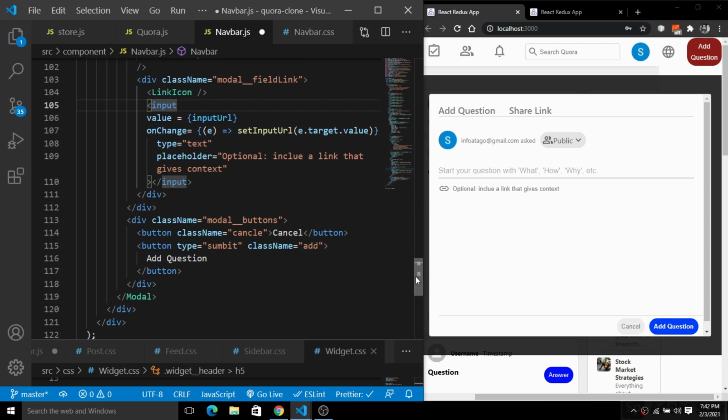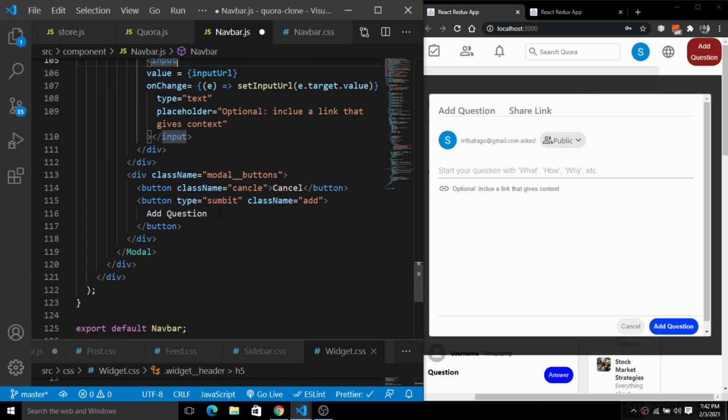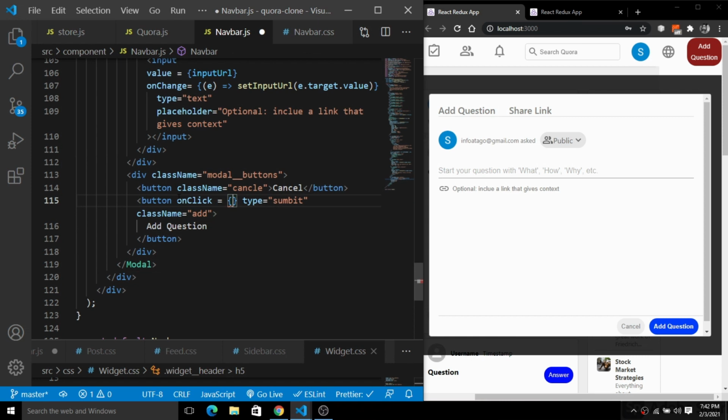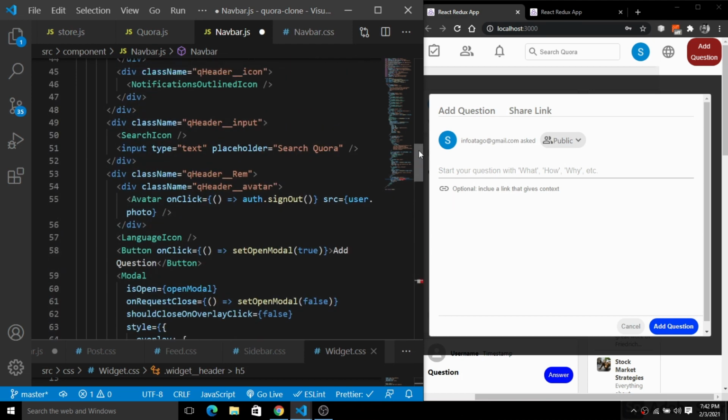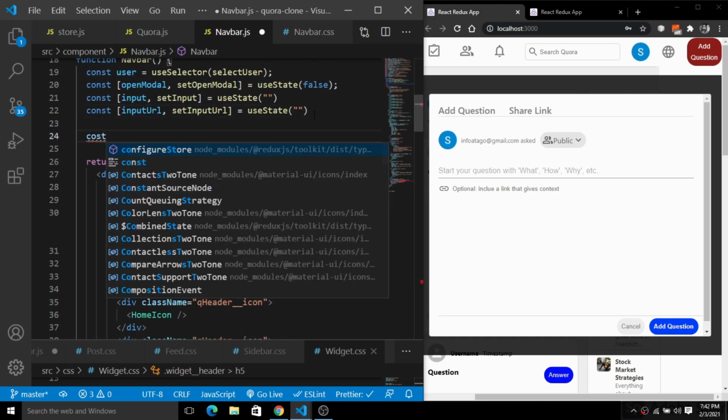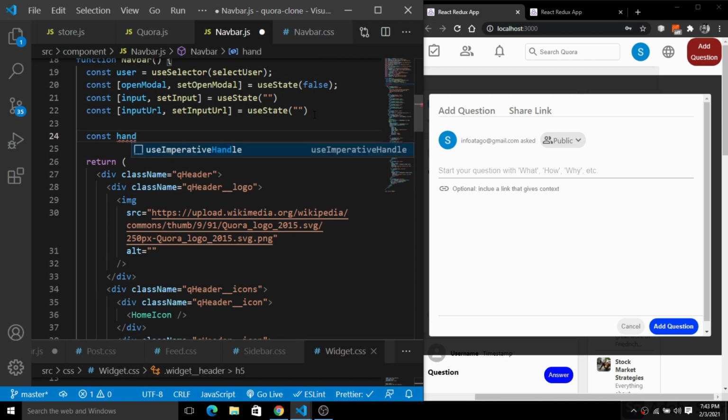As you can see, we have an add question button here, so I will add an onClick functionality. For the onClick we'll call a function, handleQuestion. We'll create that function at the top: const handleQuestion, an arrow function where it will take an event object.